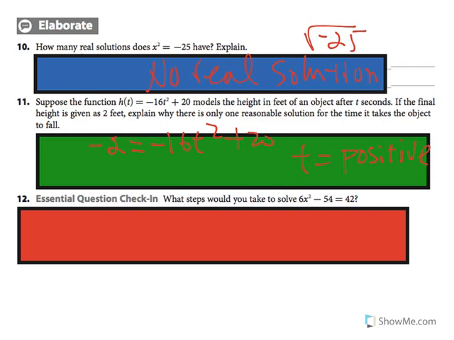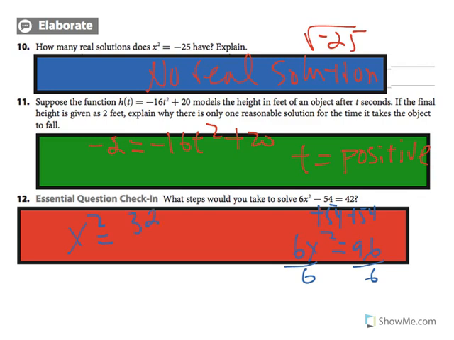Okay, and for number 12, what steps should you take to solve this equation? Your first step is to add, let me change to a different color, so we're going to add 54 to both sides. So you have 6x squared equal to 96, and you're going to divide by 6 on both sides. So we have x squared, and this is going to be reduced by 3, so it's going to be